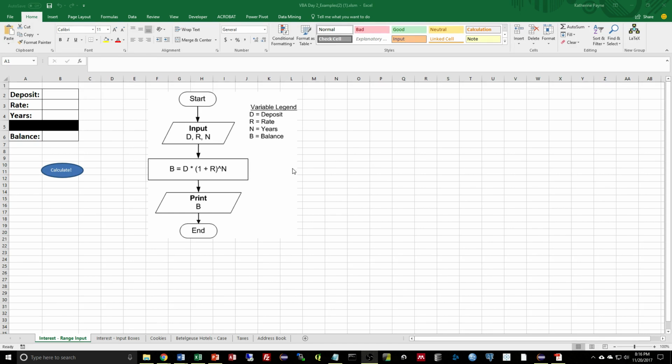We have the flowchart that we've been using for compound interest. So we take in the input of the deposit, the rate, and the years, and then we calculate the balance using the formula given in the process box, and then we return the balance to the user by printing it out at the end. So what we want to do in this example is be able to use the Excel